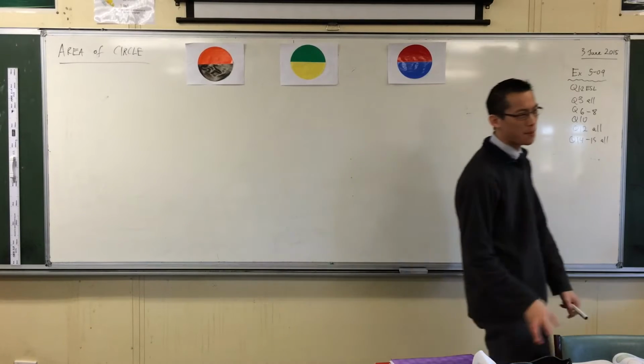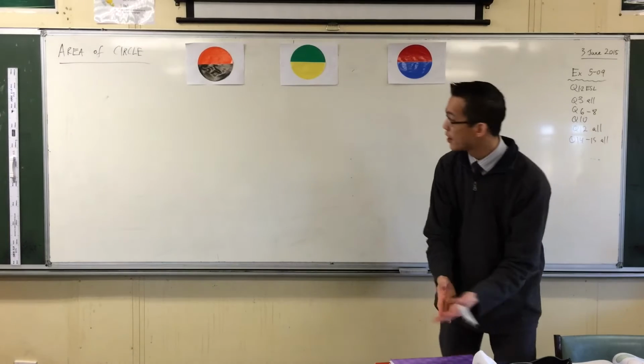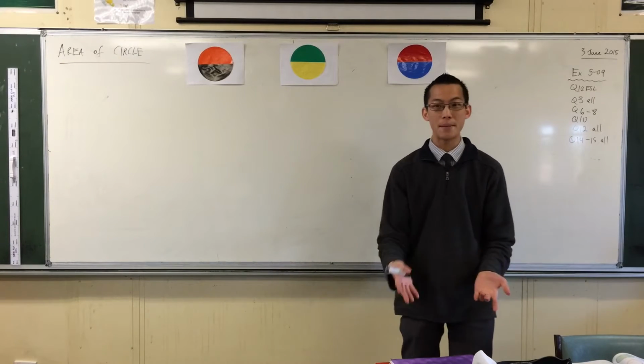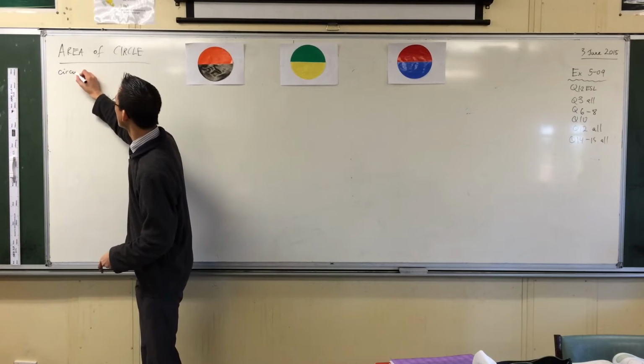We're moving on from the perimeter of a circle. Because the circle is a special shape, the perimeter of a circle has a special name, and it starts with a C. Circumference. Very good. We had circumference before,